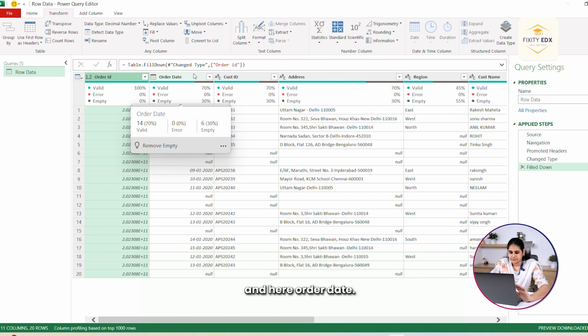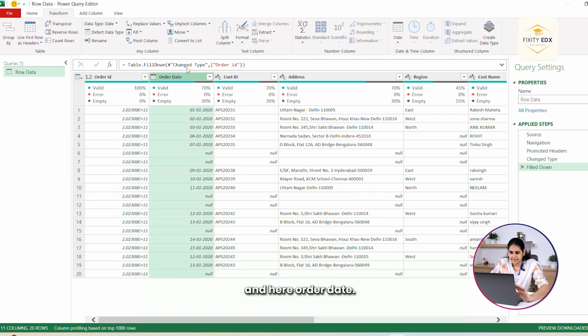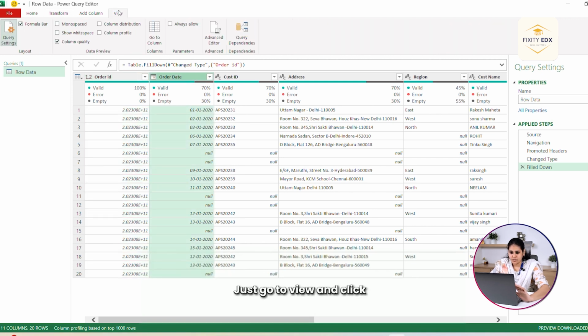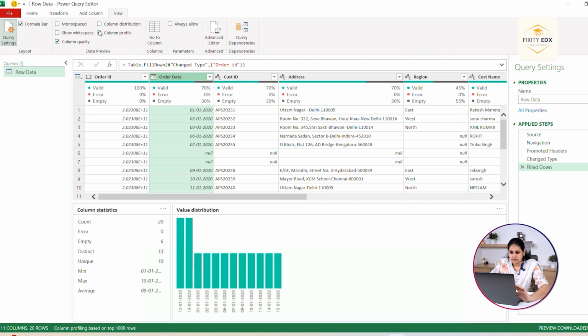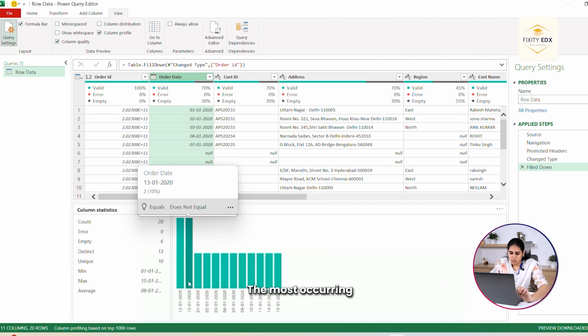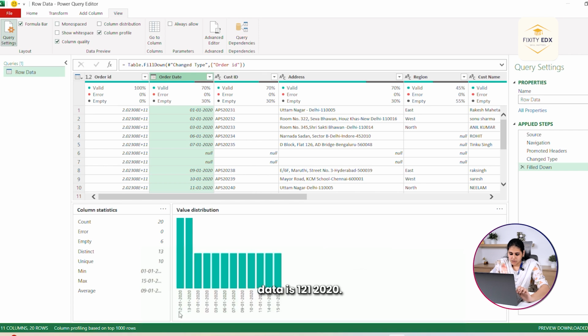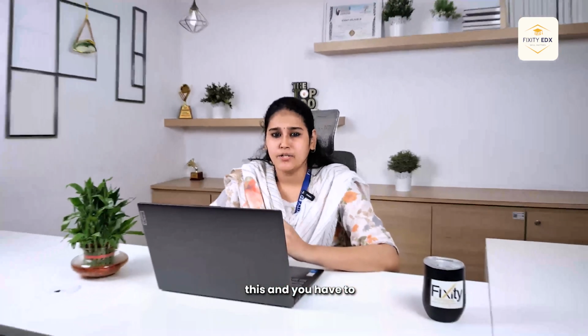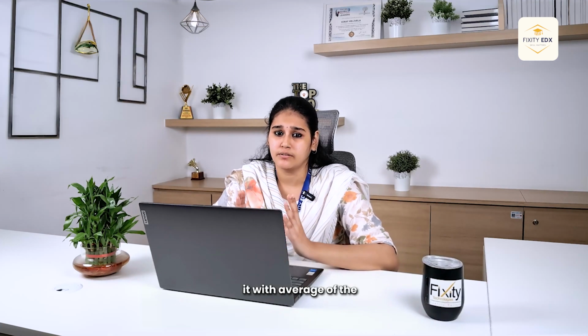It will fill the values automatically. And here, order date. Just go to View and click on column profile. The most occurring data is 12/1/2020. I want to replace it with this. And you have to remember that if you have null values in numerical data, you have to replace them with the average of the column.